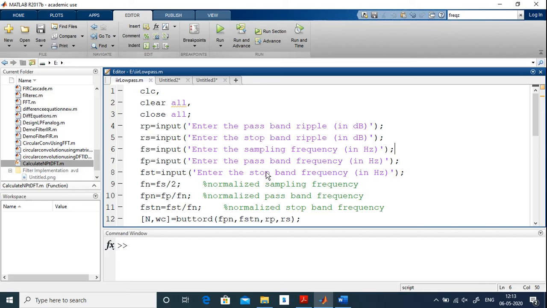Now I normalize sampling frequency and I'll assign a new variable which is Fn. Fn is equal to Fs by 2, through which I can normalize sampling frequency. Next, Fpn. Similarly I need to normalize the remaining two frequencies as well. They are passband frequency as well as stopband frequency, and I'll assign a new variable for it where Fpn represents